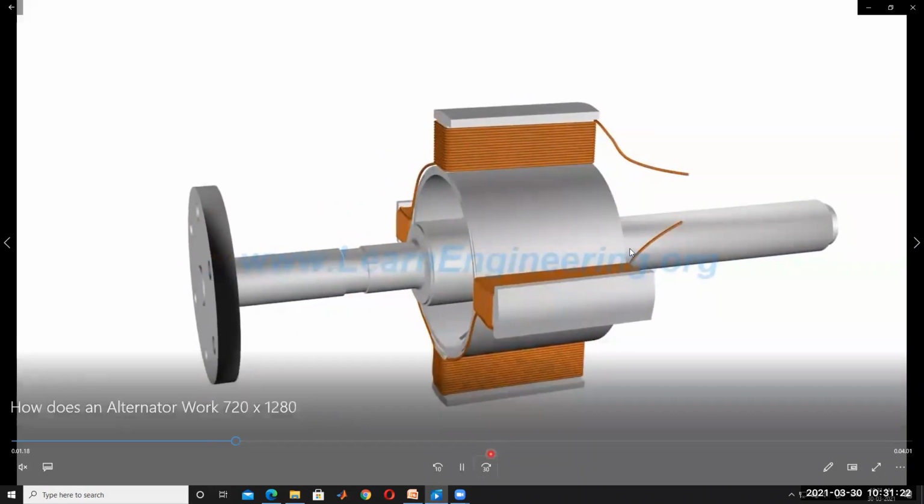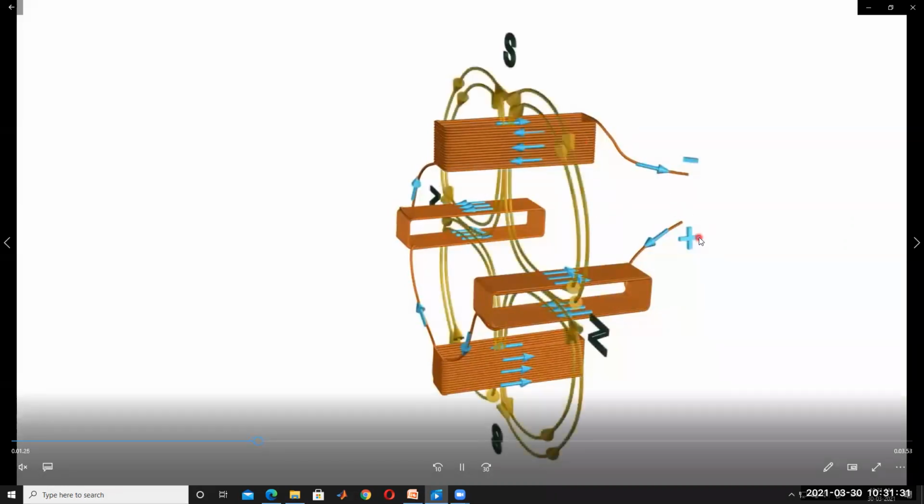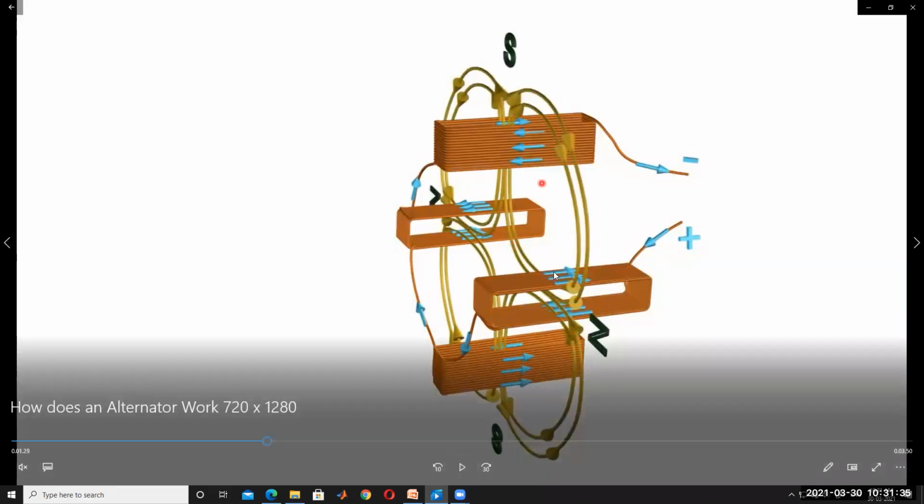These two terminals are connected to the DC supply. Once you give the DC supply, current flows in this field winding like this. When you give the DC supply to this field winding, the north pole and south poles are there. The flux lines always leave from the north pole and enter the south pole. So this acts as a north pole, and the flux lines leave from the north pole and enter the south pole.